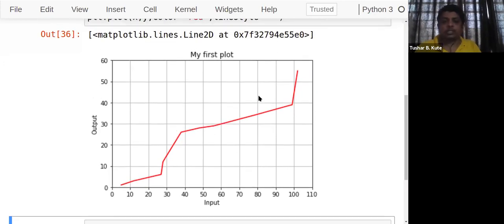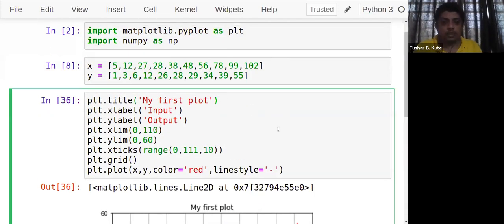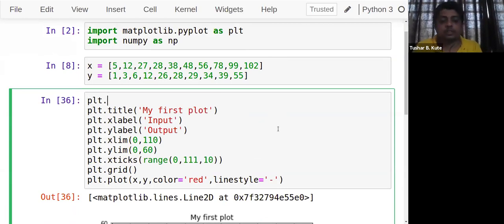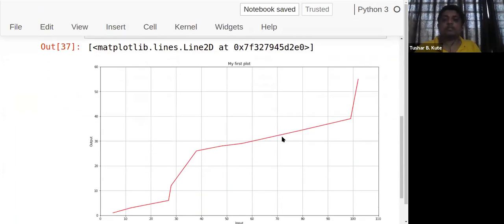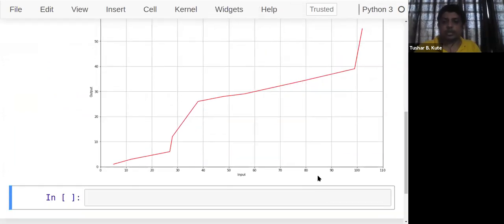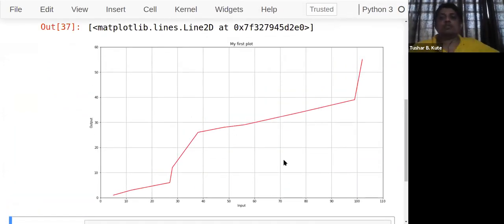Now let's see how to change the aspect ratio. I can make use of plt.figure, and here you apply figsize equal to what I require, 16 by 9. The default is 6 by 4. Now you can see, full widescreen, 16 width and 9 height.